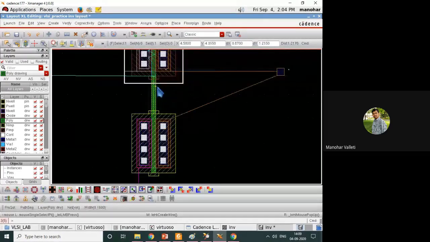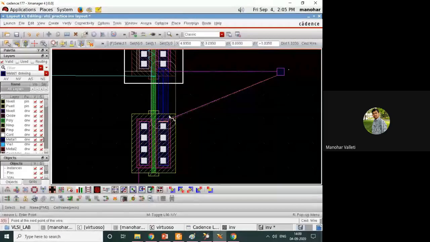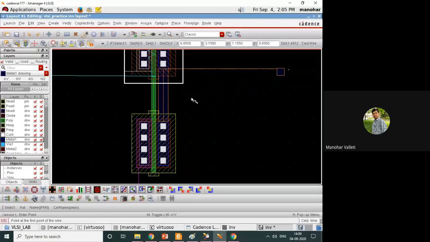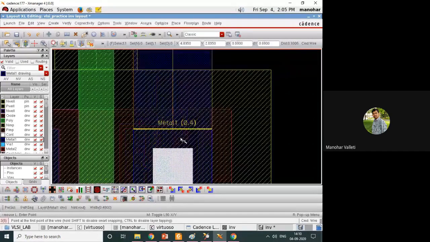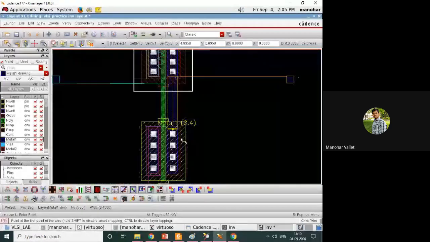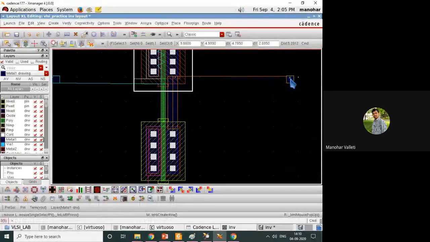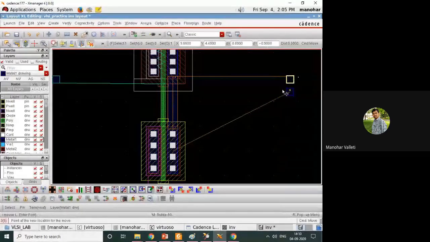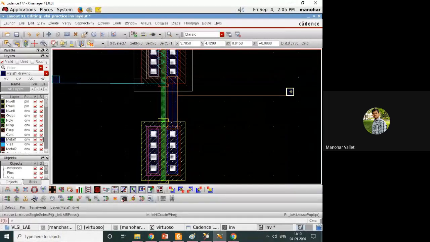And the next connection is the drain. You just see the connection is there, the output connection is there between the two drains, right? So obviously this is the drain. Again, put the cursor near it, press P, and automatically it will give you that. You just zoom in. Is it properly aligned or not? No issues. Escape.